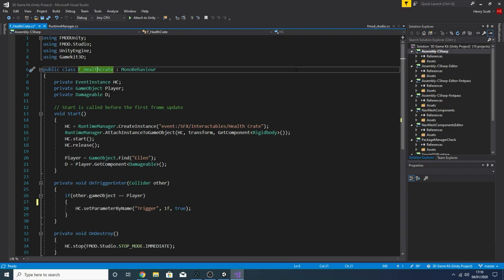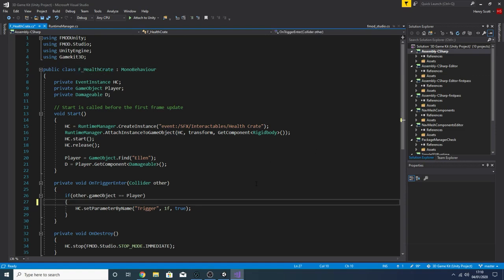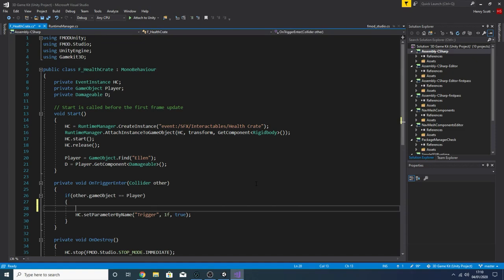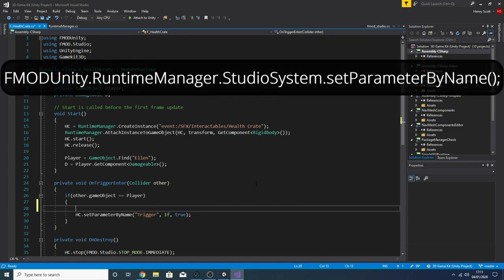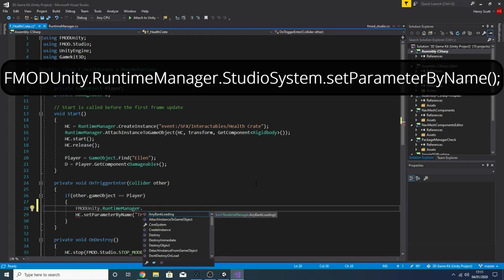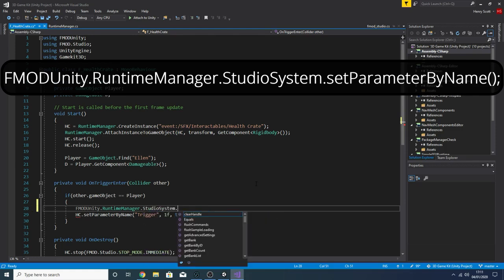First, we'll want to replace our setParameterByName function declared within our event instance variable with the setParameterByName function that we found inside the Studio System object. Remember, the object was created inside the Runtime Manager class. So in order to access it inside of our onTrigger, enter, and if statements, we're going to need to write the namespace that the Runtime Manager uses, which is FMOD Unity, followed by the class name itself, Runtime Manager, then the name that the Studio System object was given, which if you'll remember was Studio System, and finally the function inside of it that we're after, which was